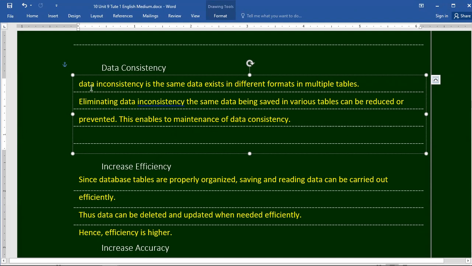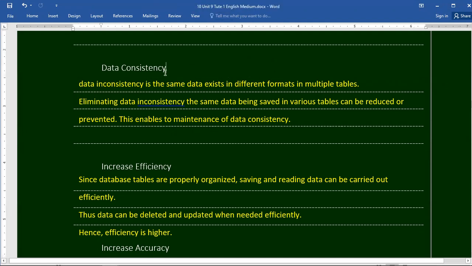Okay. Then write down what data consistency is. The second subtopic of the well-organized database features is data consistency.